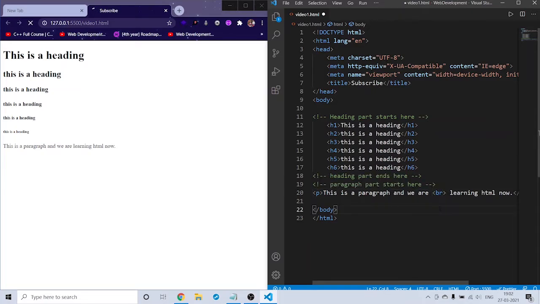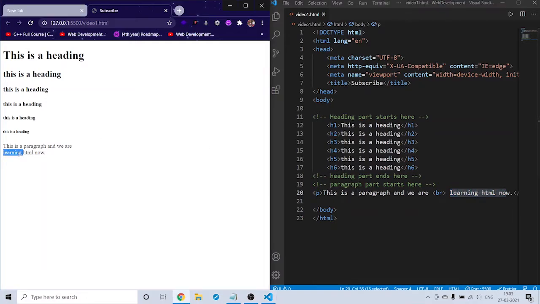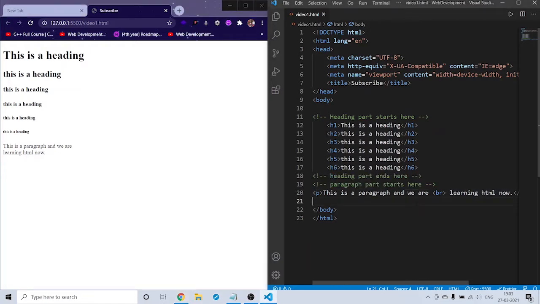And now when I hit save, see, after BR, we got a line break. So BR stands for breaking of line, and here the next part of the line is printed, learning HTML now. Okay, so till now we learnt h1, which are headings, and paragraph and a line break.